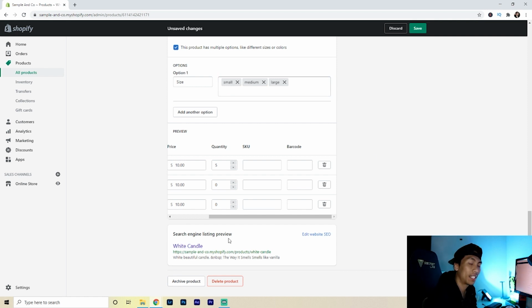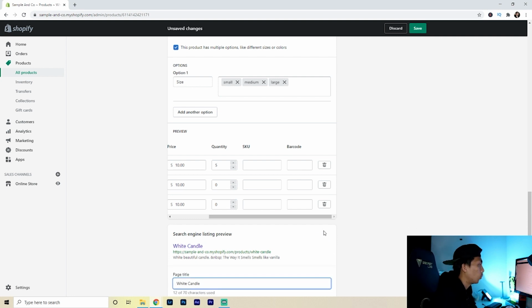Now the last thing is search engine listing preview. So for example, if a customer were to Google search your website, they'll be able to see a little description, your link, and a very nice title if you set it up correctly. So for this one, all we need to do is edit website SEO,